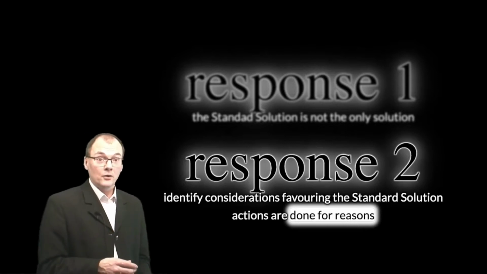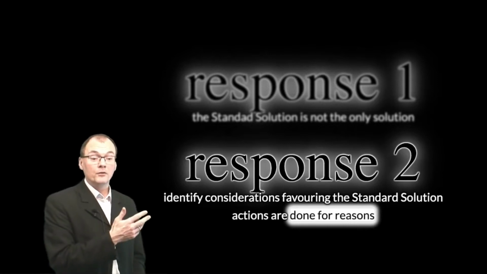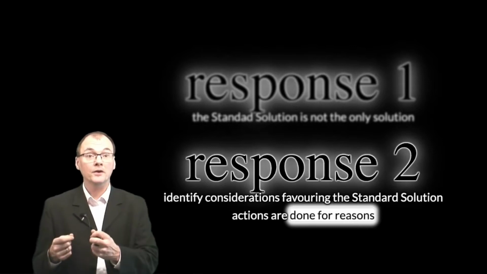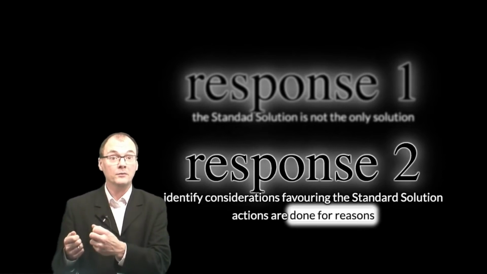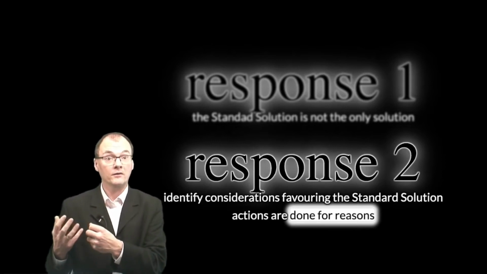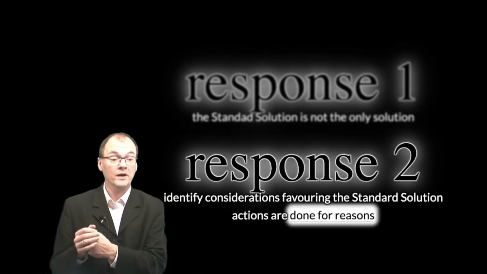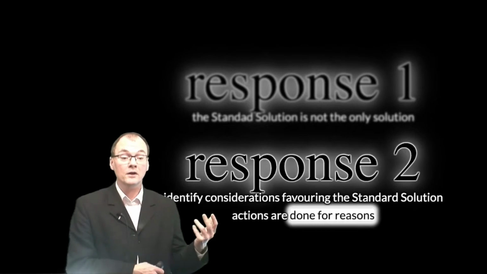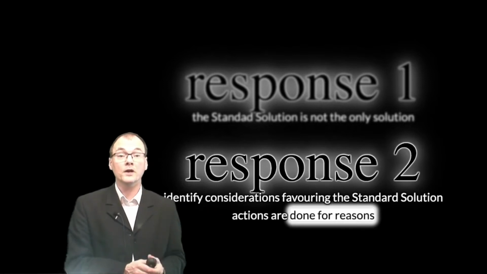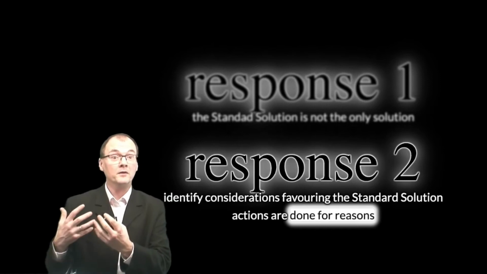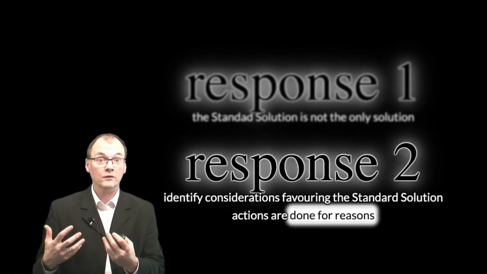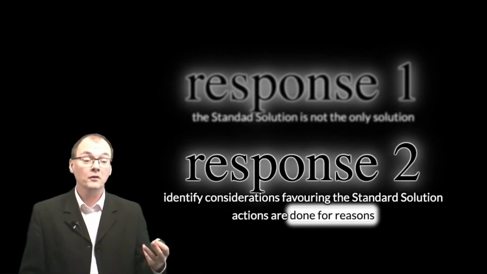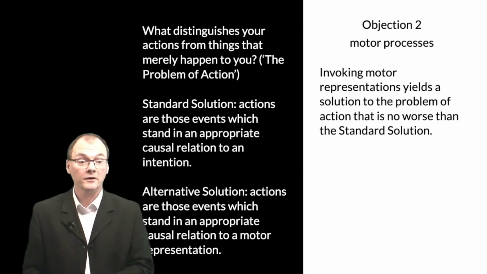Okay, good. So we have an objection and we have some preliminary attempt to think about how responses might be constructed. If you want to defend the objection and use it to attack the standard solution as a unique solution to the problem of action, you need to consider these responses in great depth. If, on the other hand, you think that you have a good response to the objection, then of course you have to take the opposite side and think, well, what do proponents of that objection think? What are they demanding and how might I satisfy them, so that we can hopefully make here a further discovery.